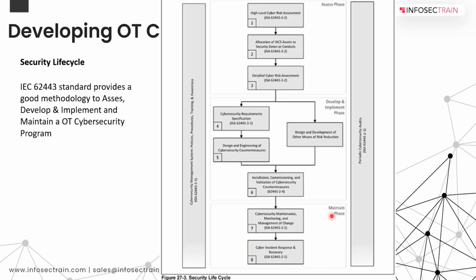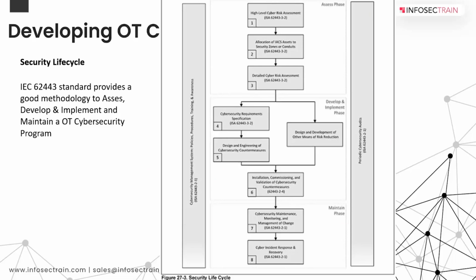So this standard speaks about... this is a maintain phase, and this is the policies and basically the periodic asset audits. Sorry, to touch on that, it talks about the audits that you need to do, and this talks about the various policies, procedures, and guidelines, or the technical recommendations that they talk about. 2-1. So this together helps you develop a cybersecurity management system. I guess that is more than enough for this slide.